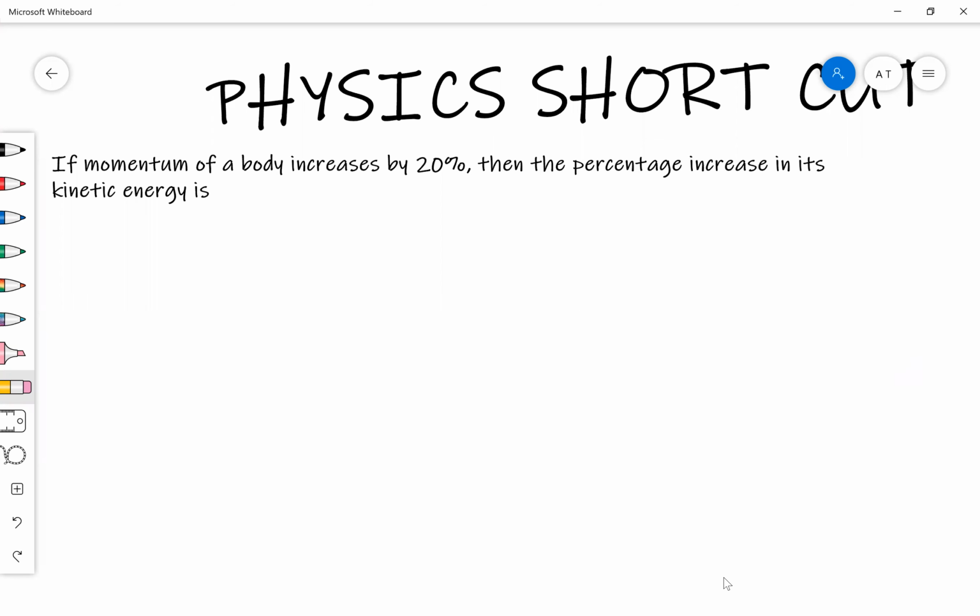When you want to solve this, if you use the conventional technique, it takes a few minutes. If you use a simple technique, you can finish it within 5 to 10 seconds. Let us continue with this. In the question, it was given that momentum is increased by 20%. So, while looking into that percentage increment, if you just write,